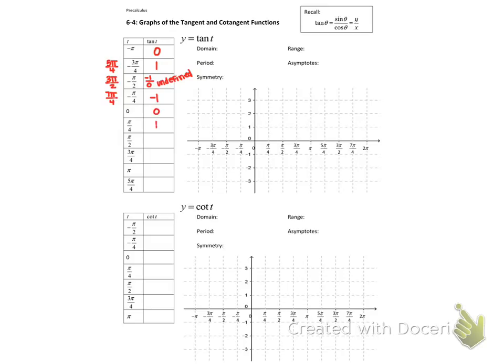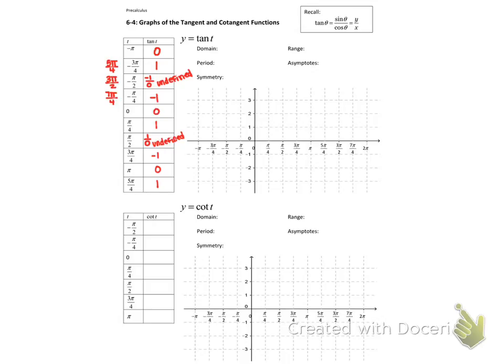Pi over 4, 1. Pi over 2, 1 over 0. So again, this is undefined. Three pi over 4 is negative 1, pi is 0, and then 5 pi over 4 is 1. So if we go and plot these values,